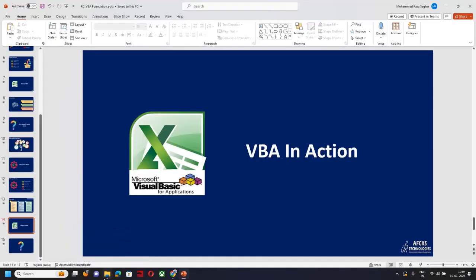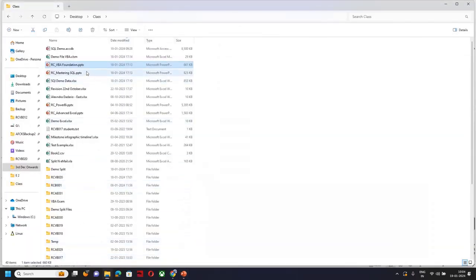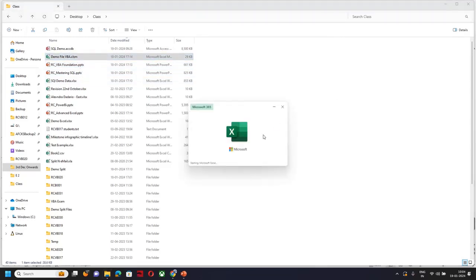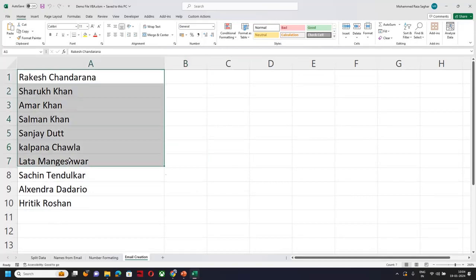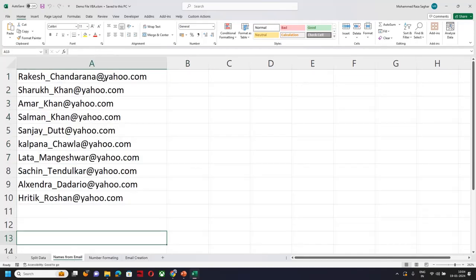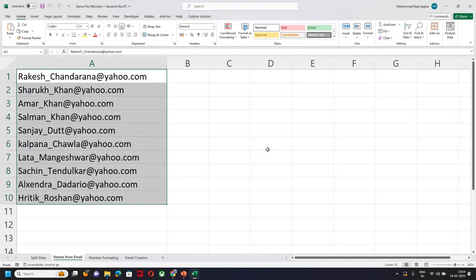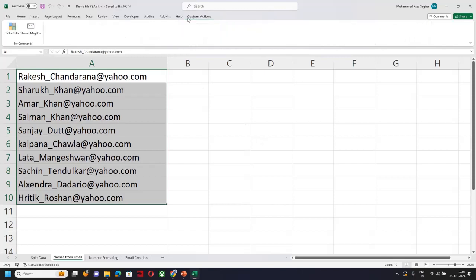So I'm just going to open a demo file that I prepared, or refreshed, yesterday. So, yeah, here it is. Okay, so I'm going to start with a very simple thing, right? I have email addresses, all right, and I want to convert them into names. Most of your companies will have some of these name formats which you can use.